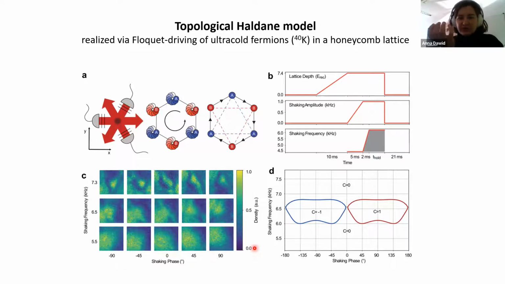So you can imagine it as the moment when you stop shaking, this kind of momentum will be introduced to your system, and it will impact how rotated your time of flight image is. This is the intuitive picture. So there is some kind of rotation introduced to your time of flight images, which is connected to the micromotion phase, which is being introduced by how long you are shaking your system. It's a feature of the experimental realization. It's not a feature of the Haldane model.